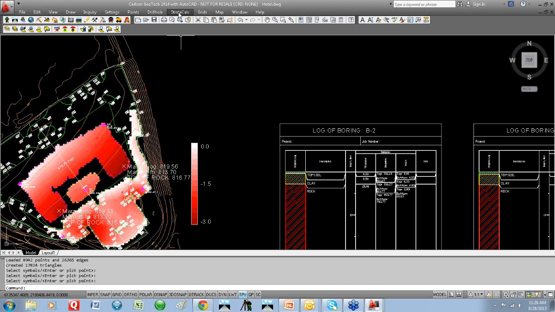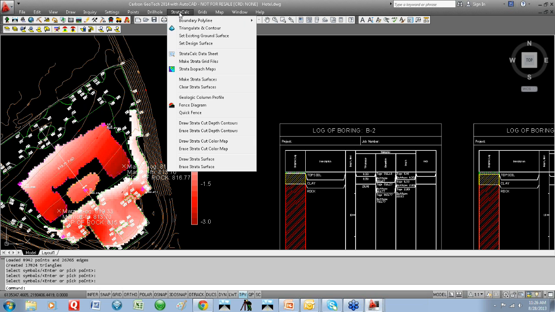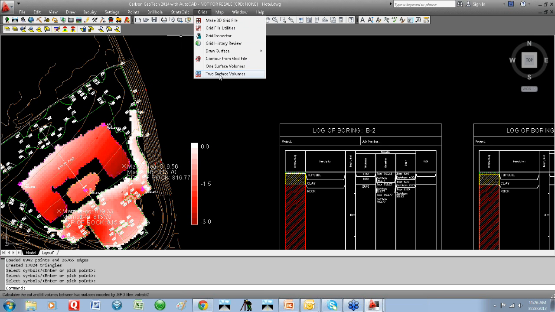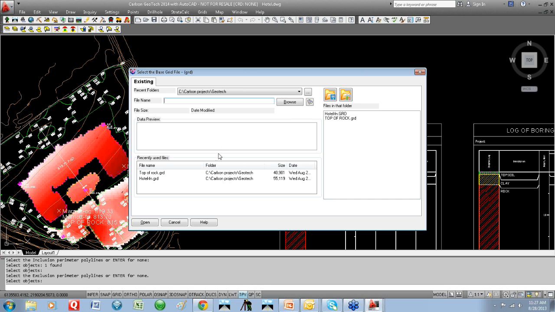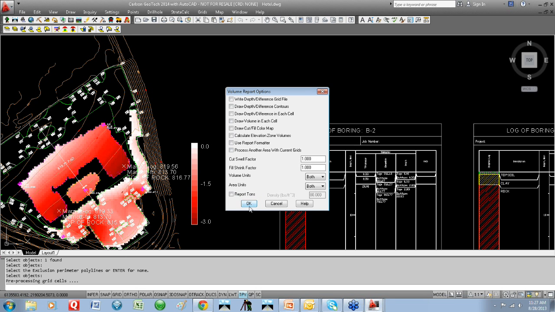So let's go back into Strata Calc, and I'm sorry, back into grids, and we want to do a 2 grid surface volume calculation here. And I can use inclusion-exclusion perimeters. So I'm going to select this outer boundary as my inclusion perimeter, not use any exclusions. And what I want to compare is my base rock elevation, so I select it as my base file. I want to compare that to my finished ground grid file. Click Open, and I can report in tons if I know the